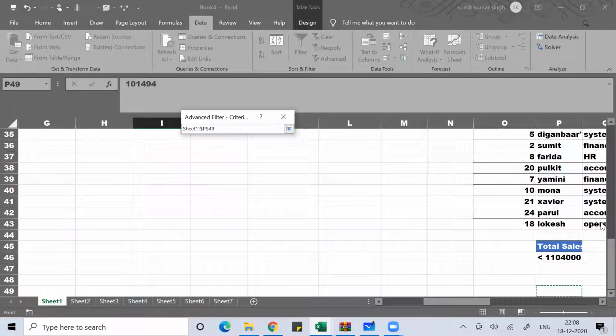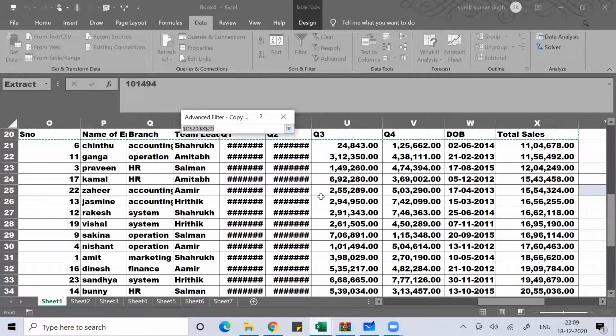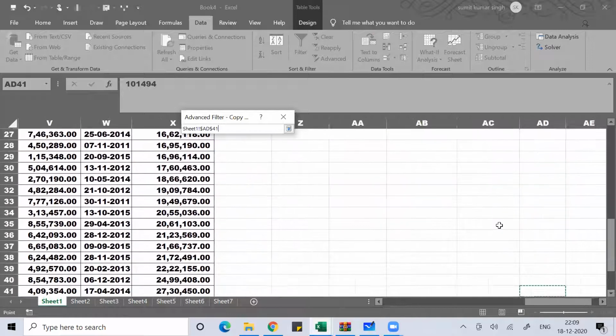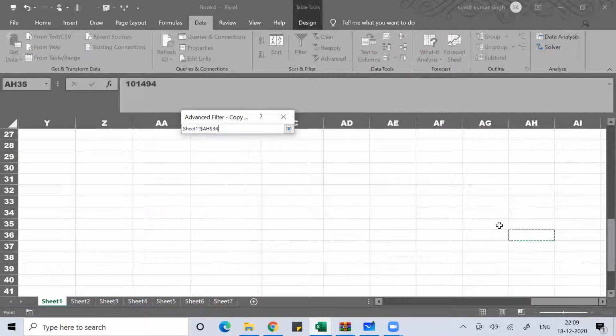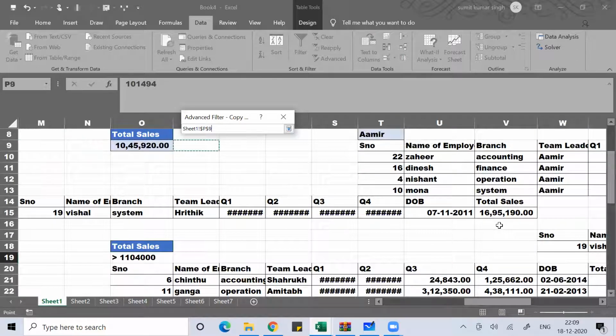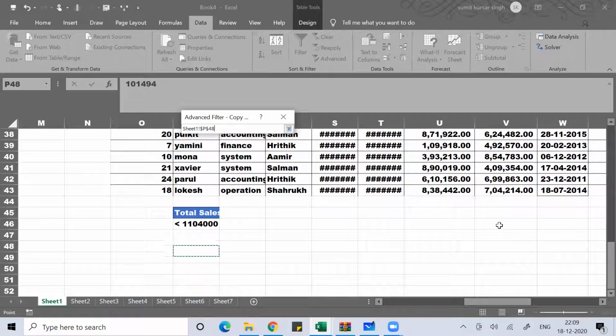This is your criteria range. Copy to other location. Click where you want to copy. Put it here.